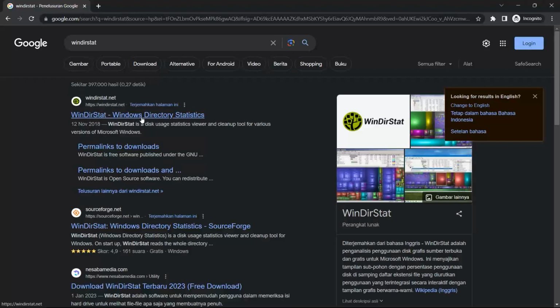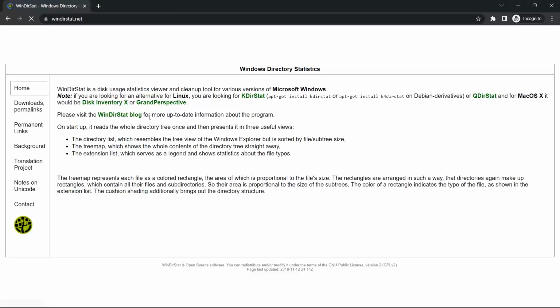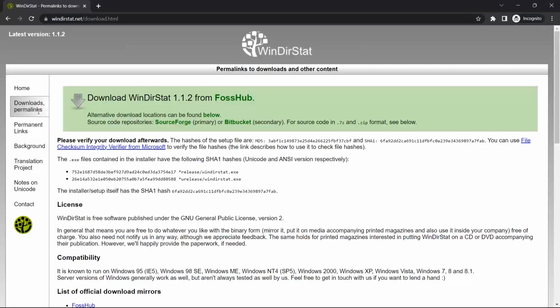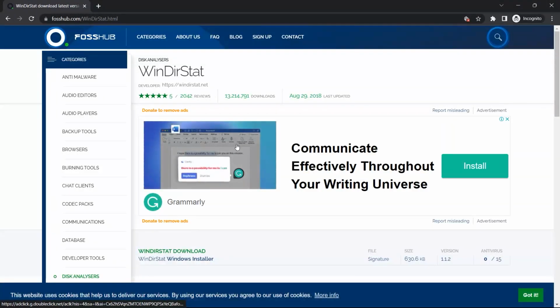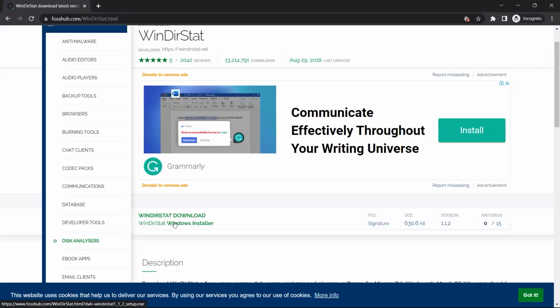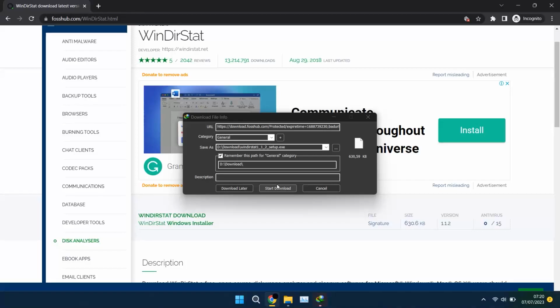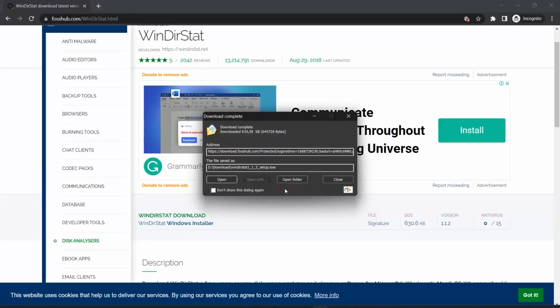Click this site. And you go to this section called Download and Permalinks. Then you can click Download WinDirStat from FOSSHub. Click this text and you can start downloading. After the download has finished, you can open that folder and double left click to install